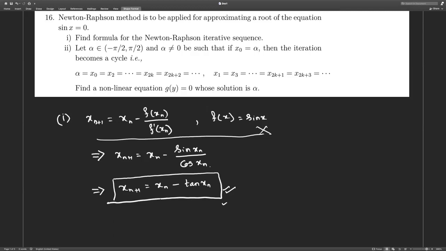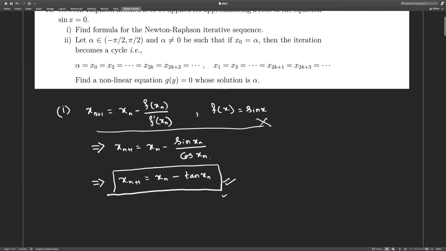What is the second part of the question? The second part of the question says that you have to start with some number alpha in the interval minus pi by 2 to pi by 2. It is also given that alpha is not equal to 0. Be such that if I start my iteration, that is this iteration, with x naught equal to that value, whatever alpha, I should